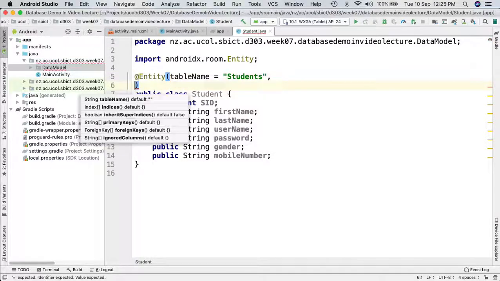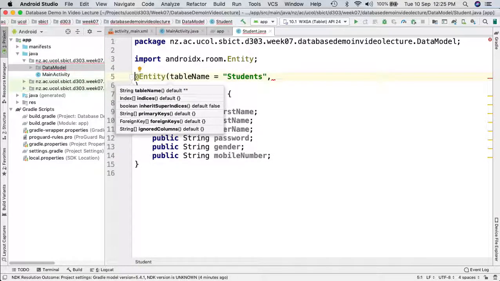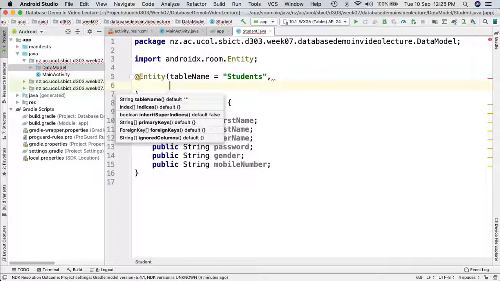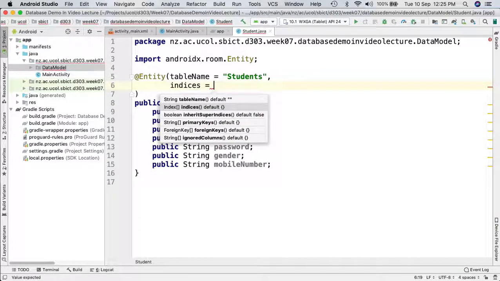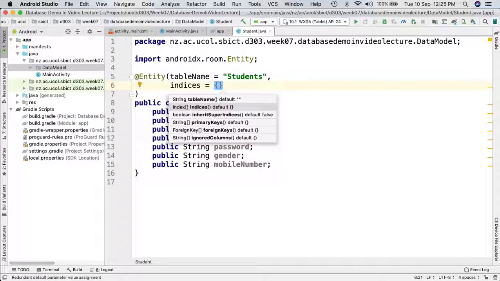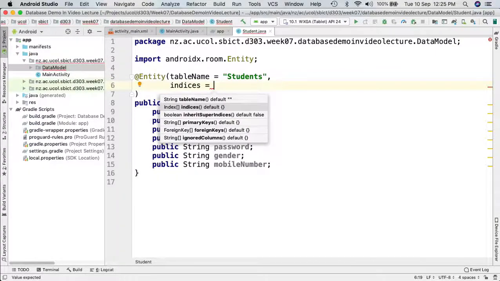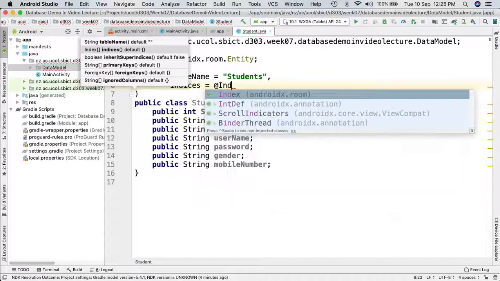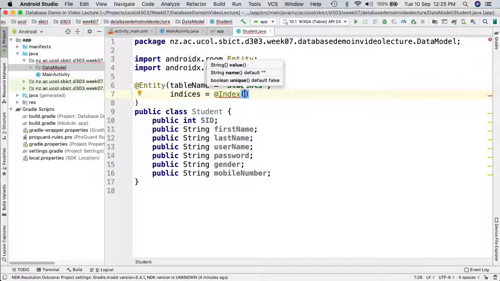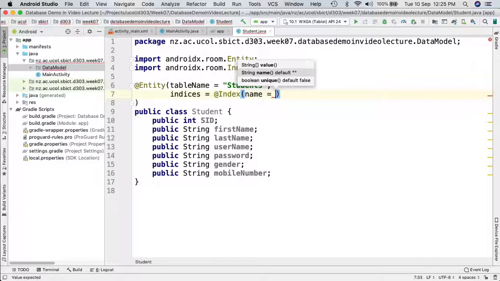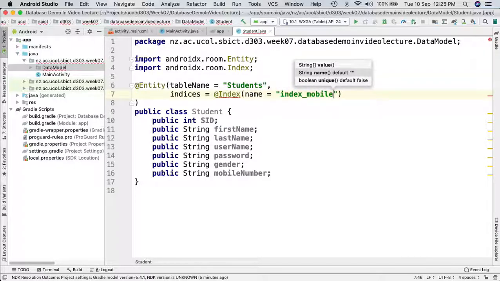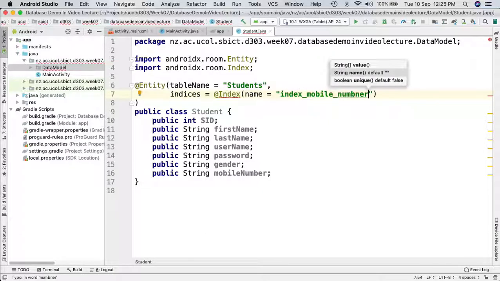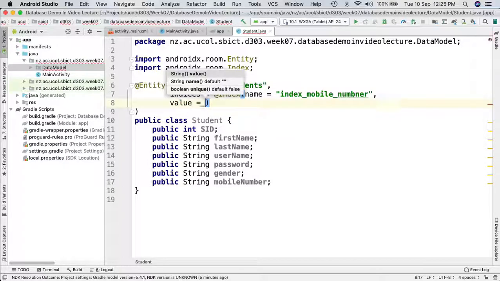So if we want to create those indices, then we can say create indices, and because we are going to use multiple ones, otherwise we can simply add the @Index annotation. Inside the index we can say that name is equal to index_mobile_number, and then we can say that value is equal to